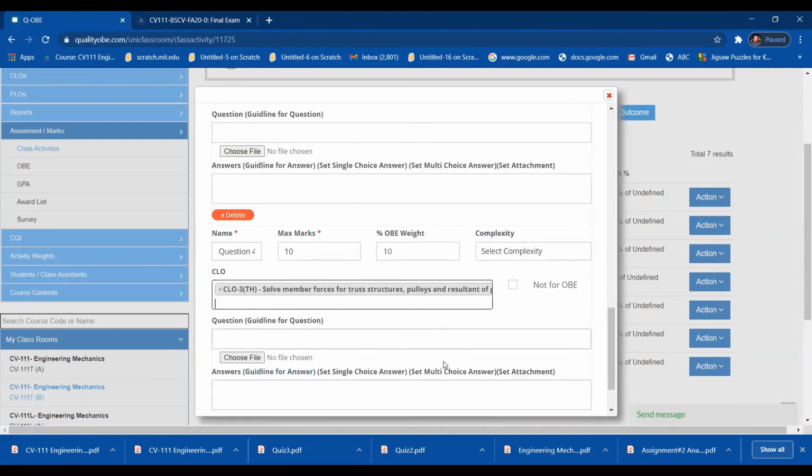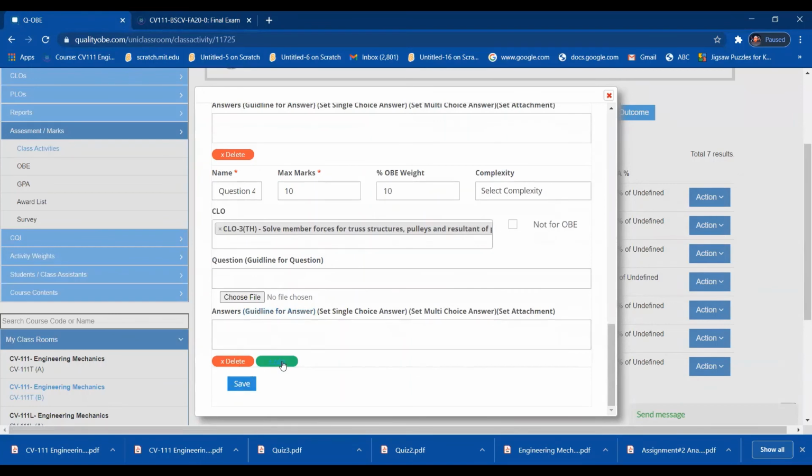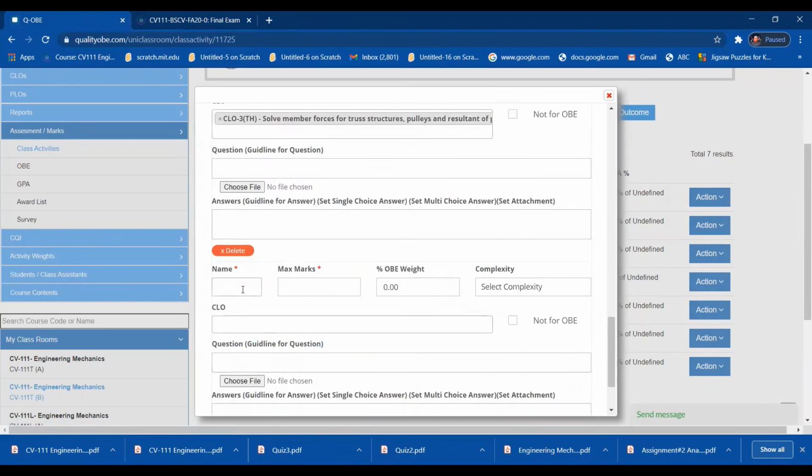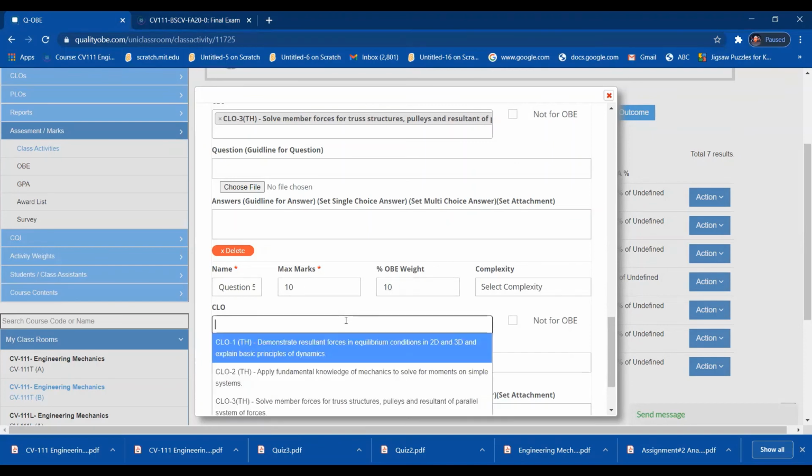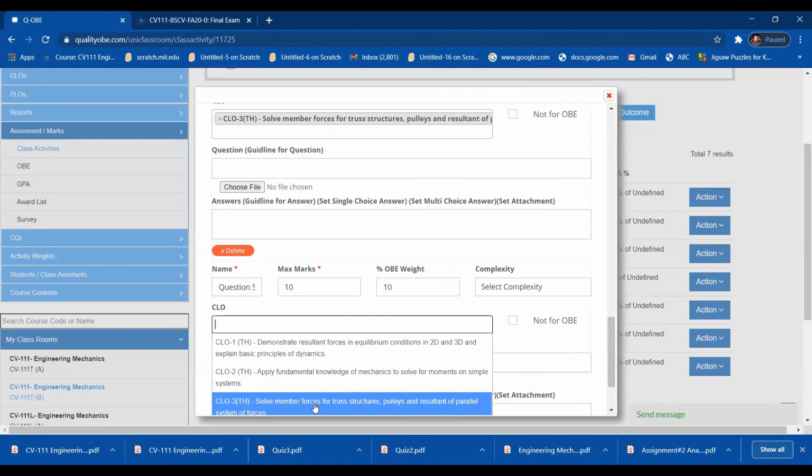Question number 4 was from CLO 3. And then I have to add more. Question number 5, 10 marks, 10 percentage. And this is from CLO 3.